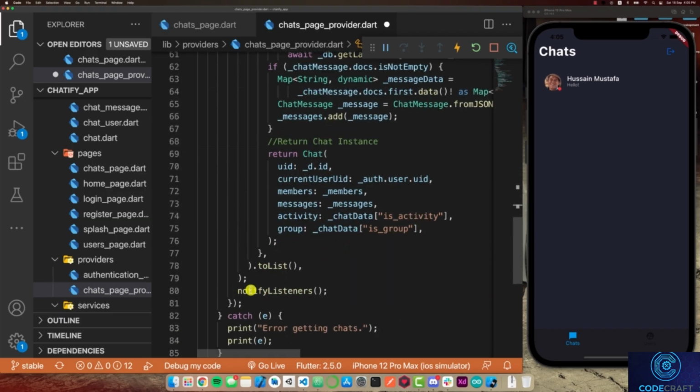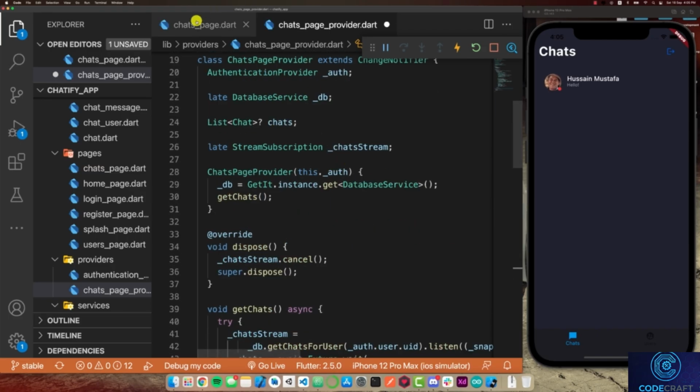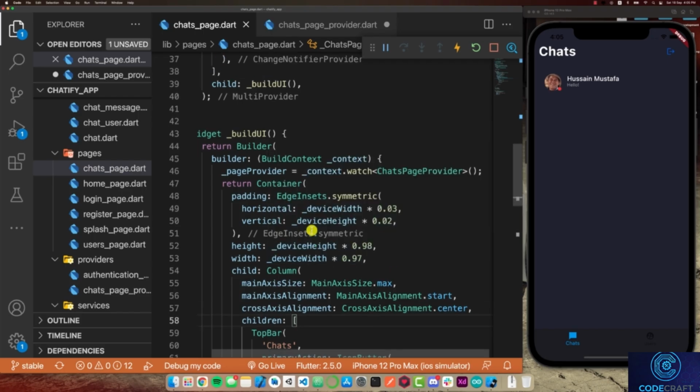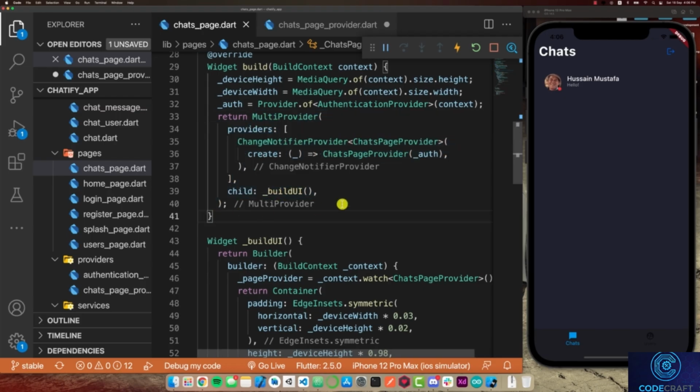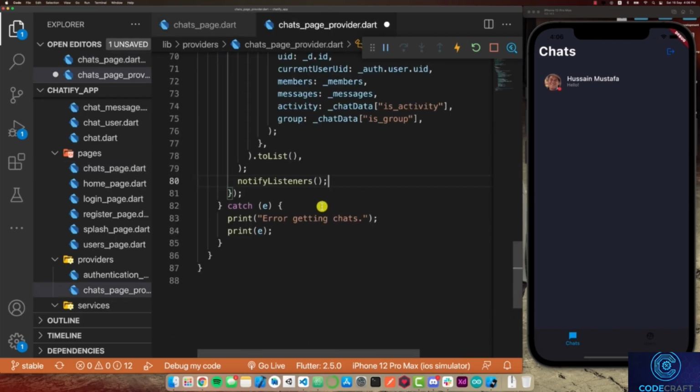And after that, we just need to call notifyListeners, and then whatever different widgets are actually listening to this class, and we have our chats page that's actually listening to it. As you can see here, we wrap everything in a MultiProvider. Then everything underneath of this provider is now going to re-render itself with the new data that's now in the class. And with this, I'll do Command-S,